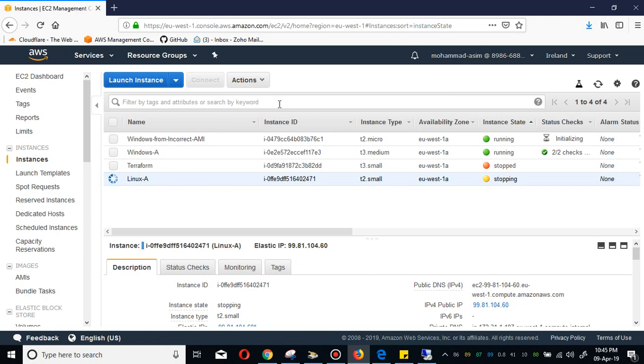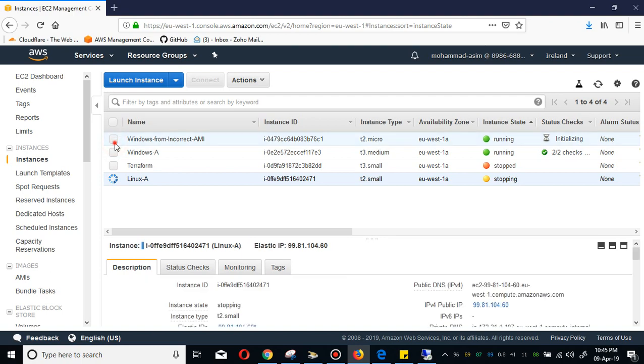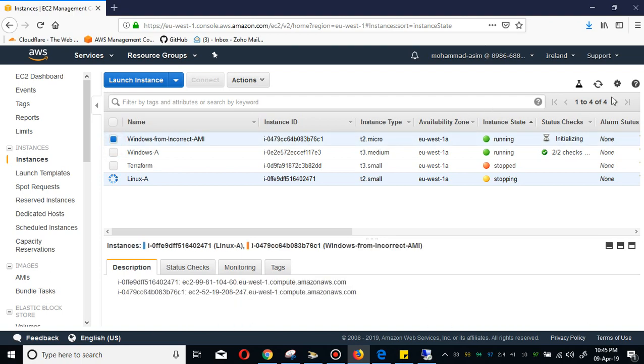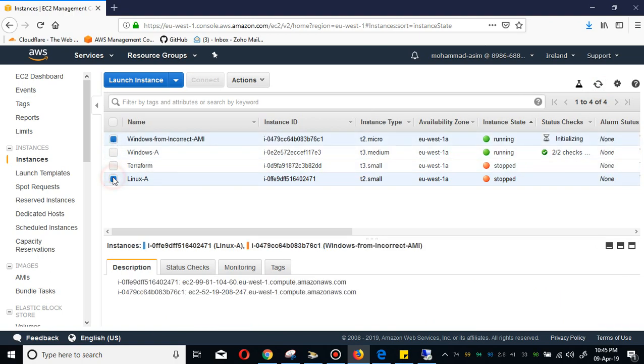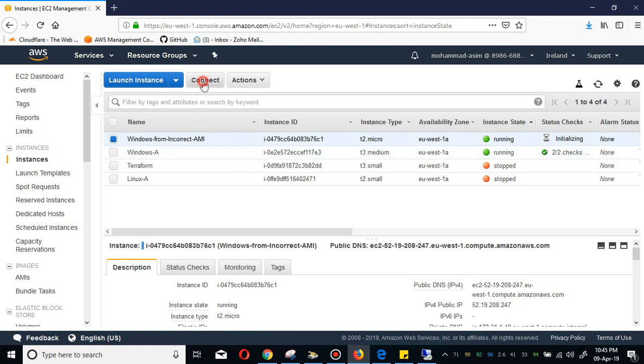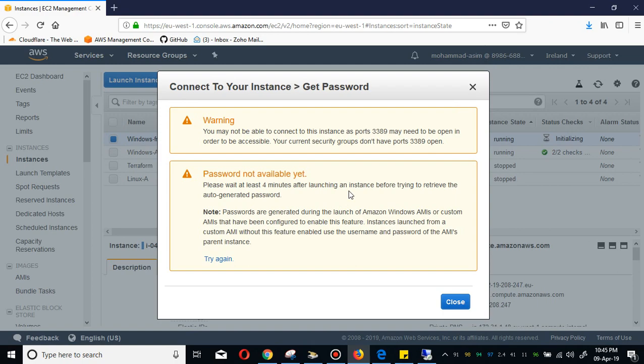So in the meantime, let's connect with the Windows AMI instance. If I press connect and get password, it will continuously give me this warning